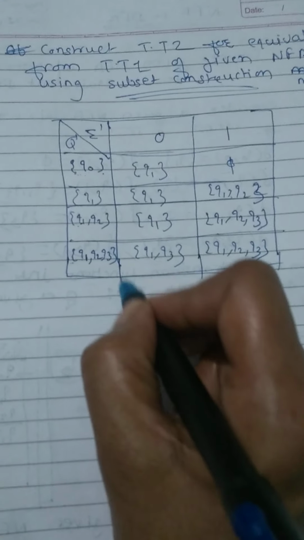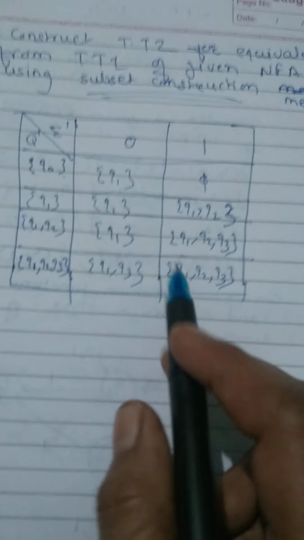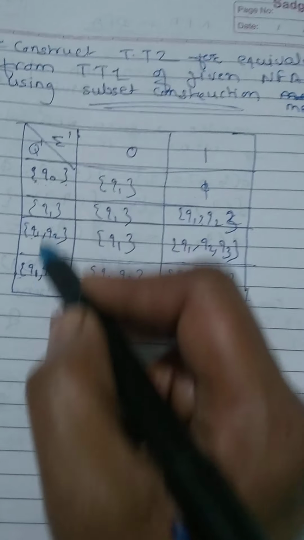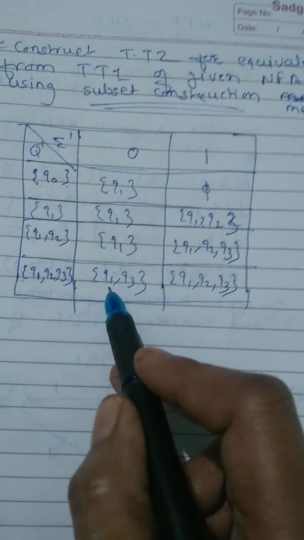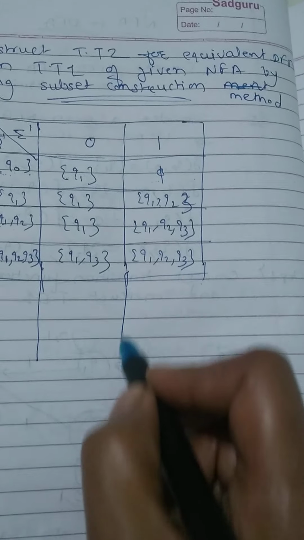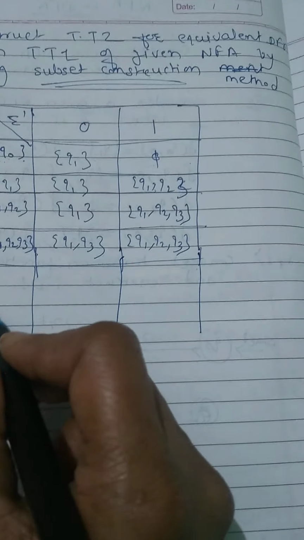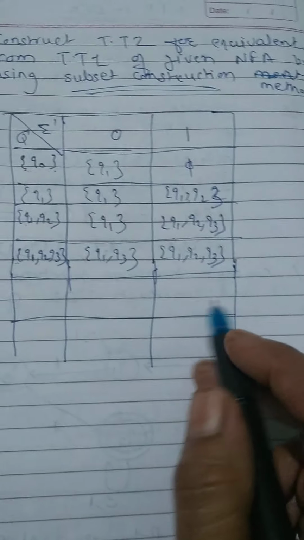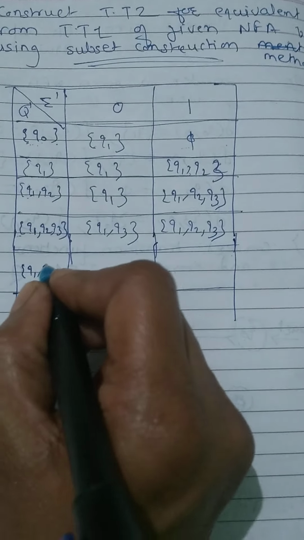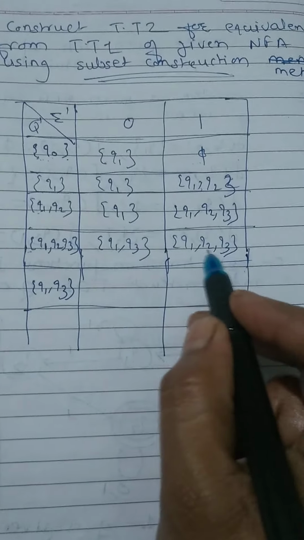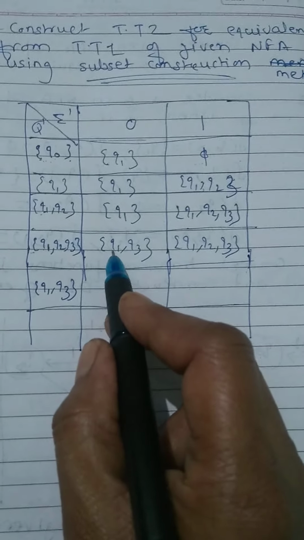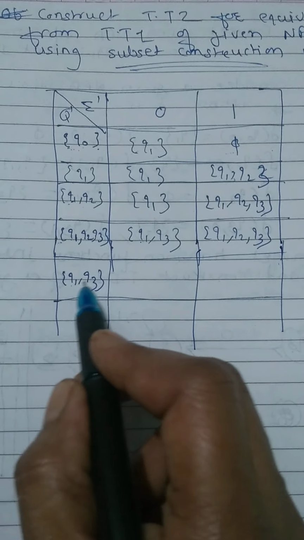Now which will be the new subset here? Again we added two subsets, but out of these, Q1, Q3 is not yet considered, so we need to consider Q1, Q3. The table will be extended until we can't add a new subset. Q1, Q2, Q3 is already considered, so no need to consider it again. The new one is Q1, Q3, so add Q1, Q3 here.